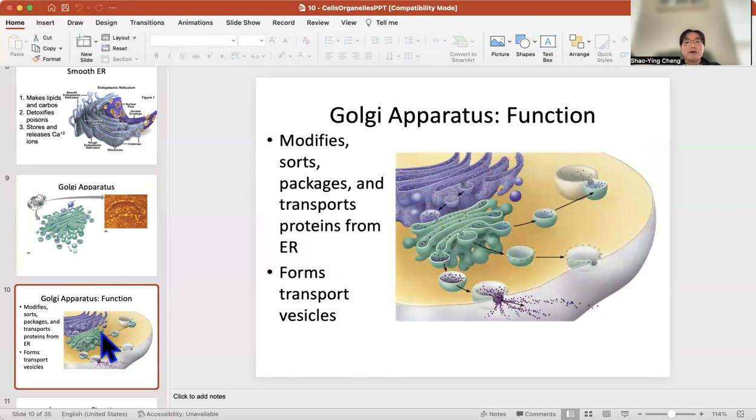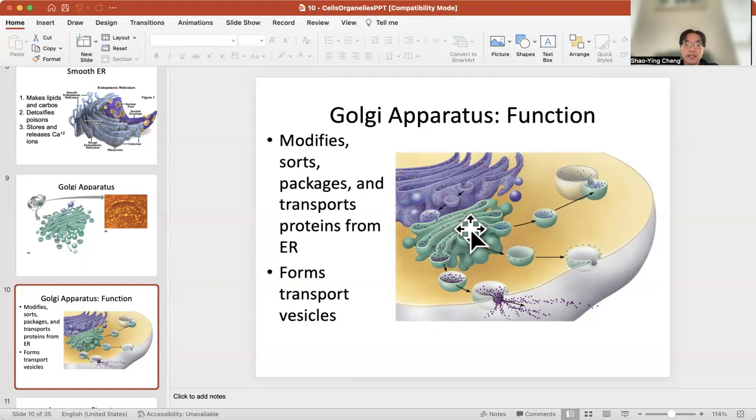We have the mRNA come from the nucleus and go to the rough ER, and the rough ER has ribosomes, so it helps to produce the amino acid sequence. We call this the translation process. But proteins need to maintain their 3D structure to have their function. So after the rough ER produces the amino acid sequence, those amino acid sequences need to be transported to the